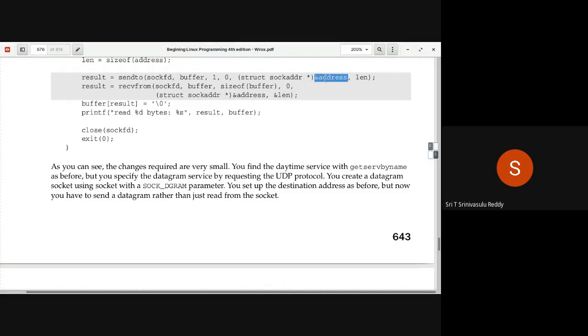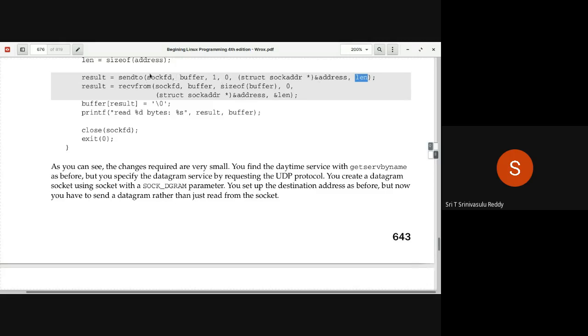This address will contain the address of the other side of the machine where this data must be sent, data that is available in the buffer. And also specify the address's corresponding structure length. Whenever an address comes, a length will also be there. So this is how you actually use sendto.